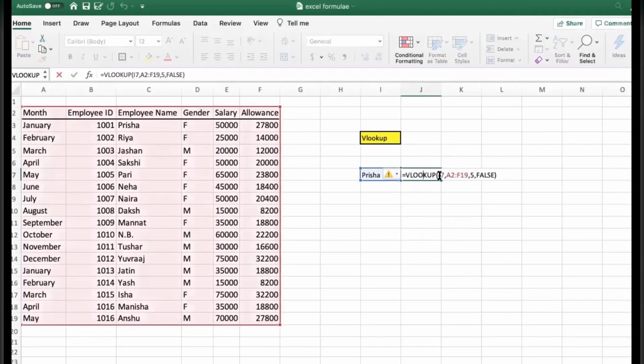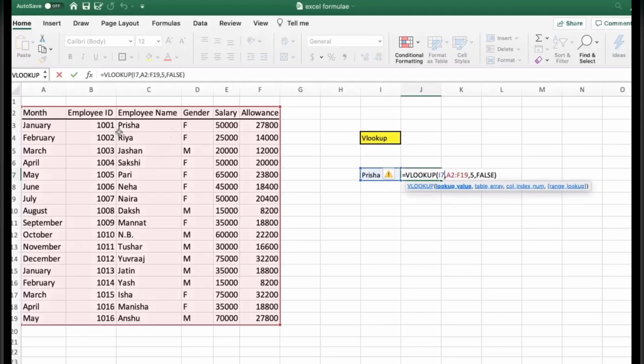Here, in VLOOKUP, you have to take care of one thing. When you are giving the value over here, that is I7, you are asking for the information about Parisha. They are saying the error is that the Parisha column should be at the first. Otherwise you can't get the information regarding Parisha.